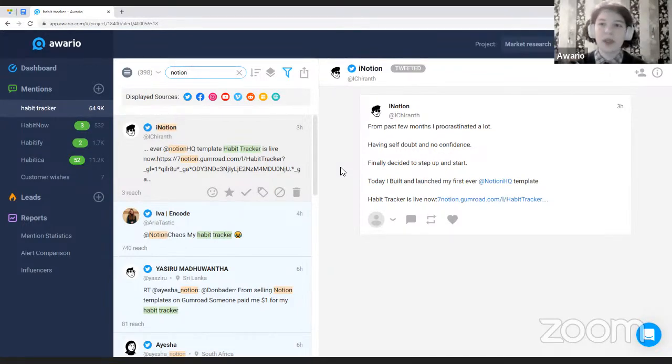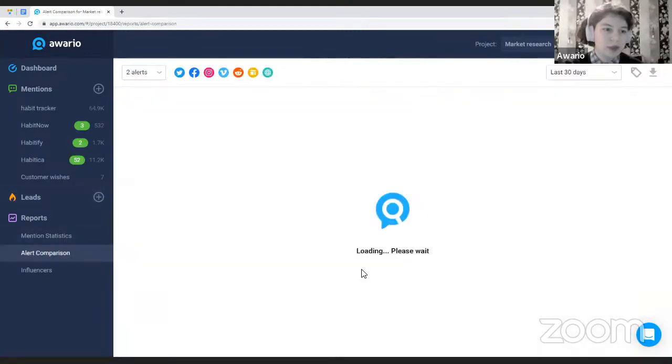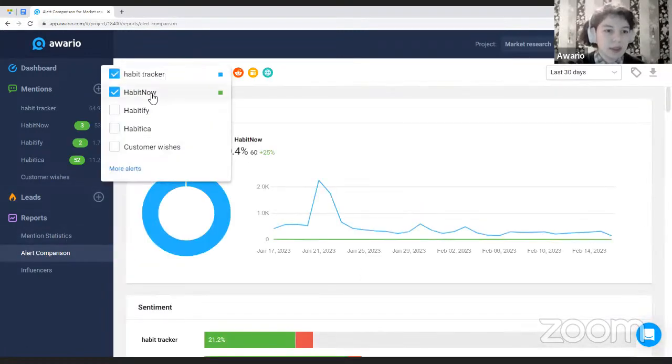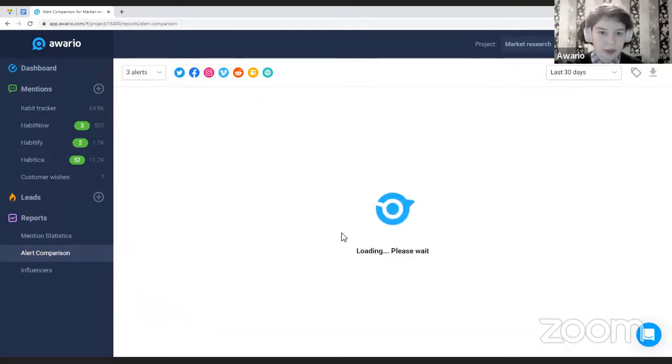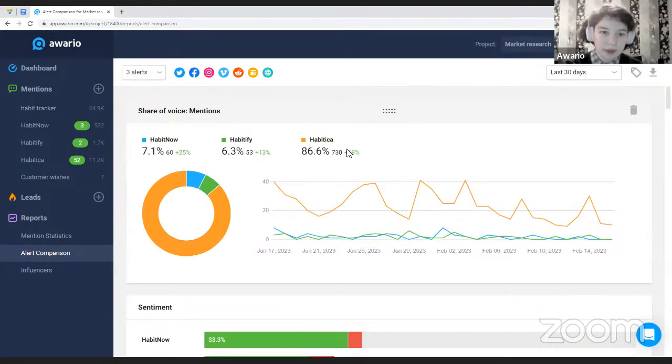First of all, of course, we can check share of voice. If you could be so kind, Dmitry, to show us. Yeah, exactly. So we have 3 apps. They're all targeted at habit tracking and productivity. And we can see that there is one that is overwhelmingly more popular and famous and more talked about than the other 2. So we already see that their share of voice online is a lot bigger than other apps in this category.